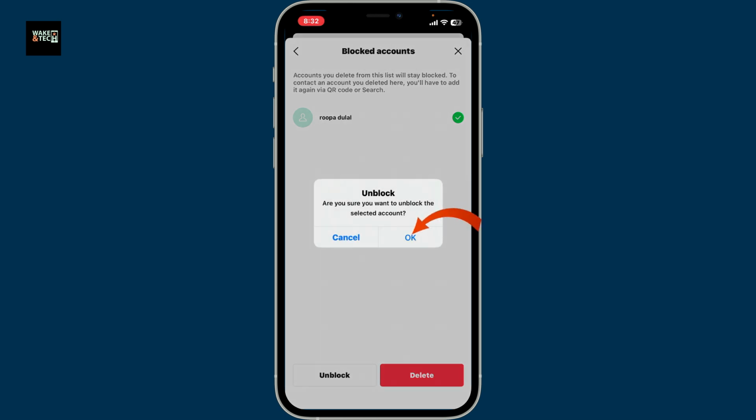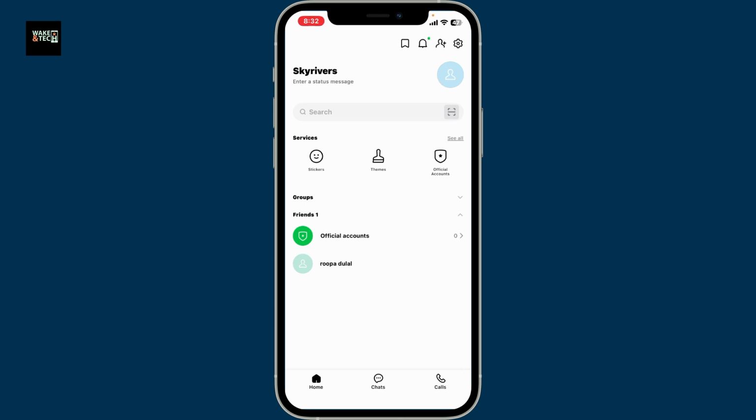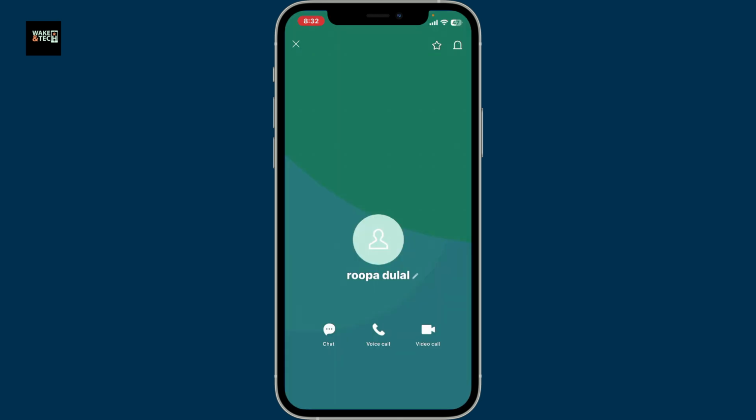Now click OK in the pop-up to unblock the selected contact. Now the contact will be back in your friends list. You can now go ahead and connect with them like you previously did. Unblocking someone allows them to send messages and interact with you again, but previous chats that were deleted will not